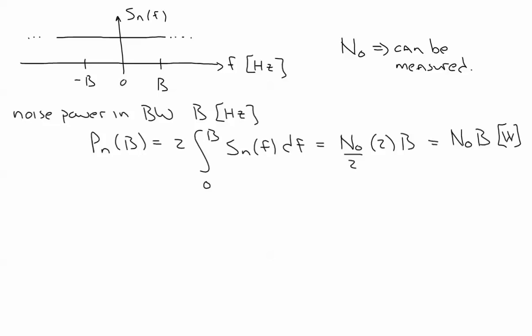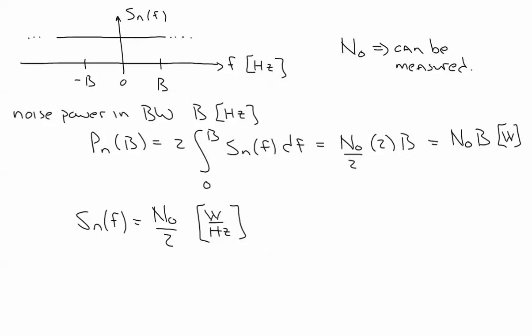Another thing that I want to point out, and I don't know that I've done this before, I'll do it in the context of white noise, but I want to point out something related to the units of power spectral density. All right, so for a white noise random process, the power spectral density is just N0 over 2, but this has to have units of watts per hertz. Okay? The units here, watts per hertz, is true regardless of what my random process happens to be.